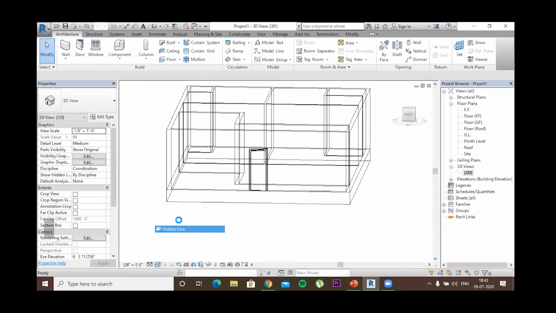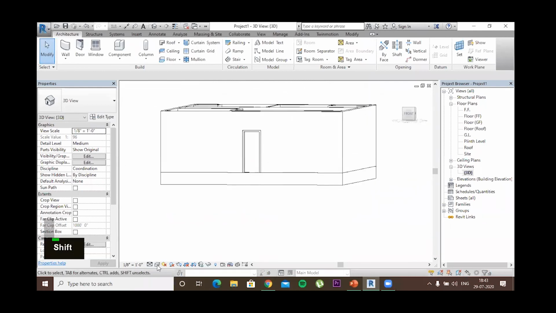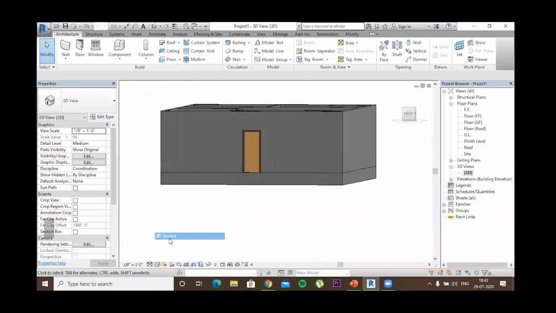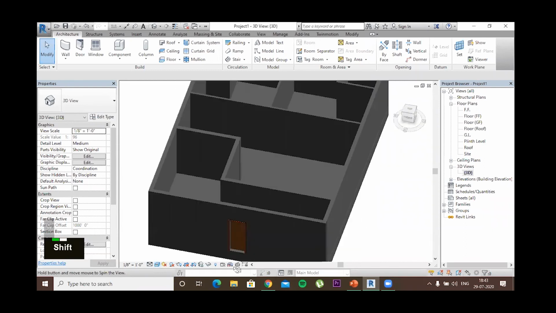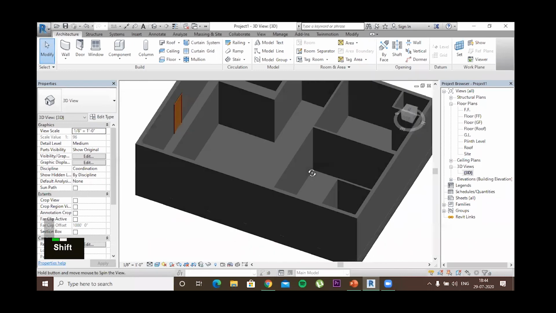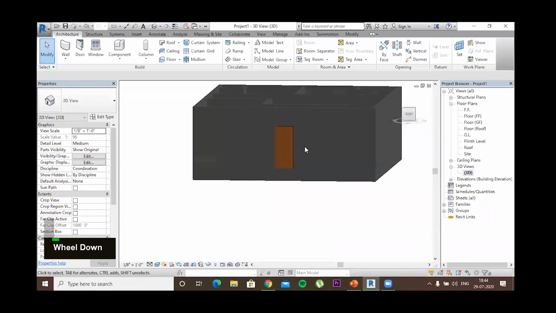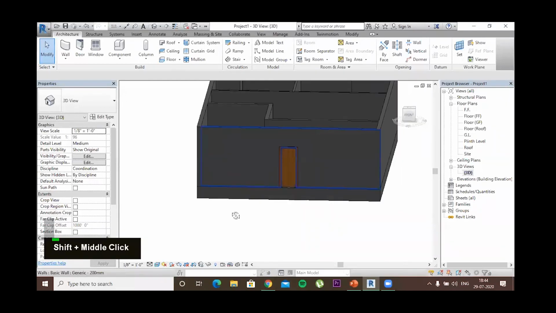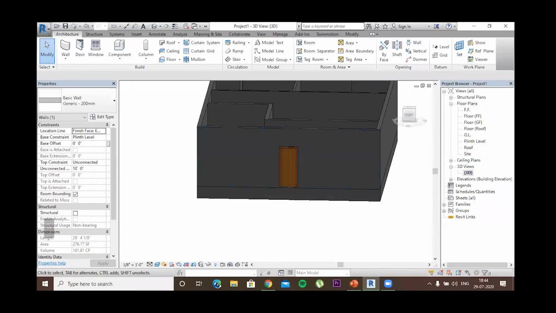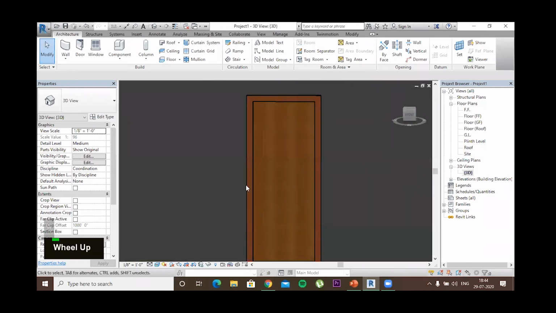Then we have the hidden line, which only shows the outer boundaries on which we were working. Then we have shaded and realistic. This shows exactly how the elements, colors and paints we have used, and even the materials. All these walls had a similar type of material, so that's why they are looking all gray. But we can change the material later, and I will show you how to do it. So this is how a door will look.